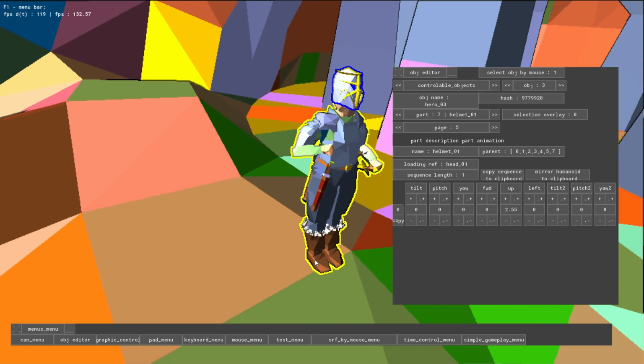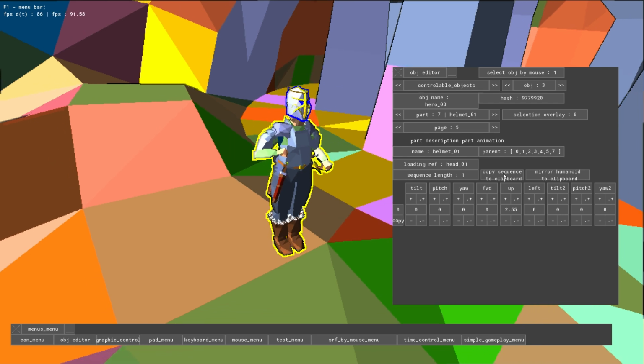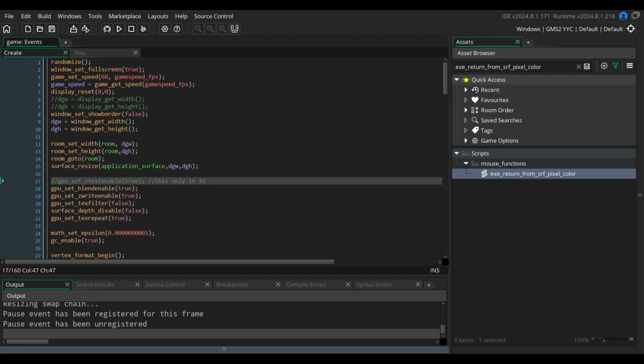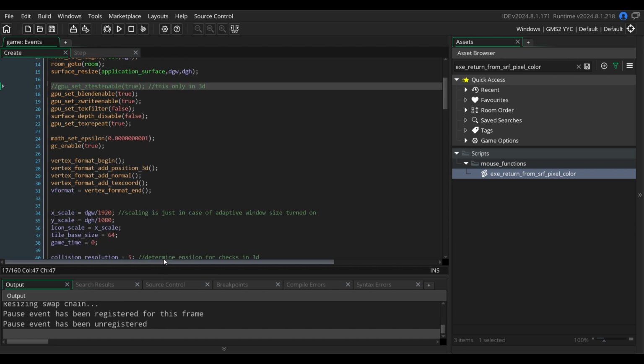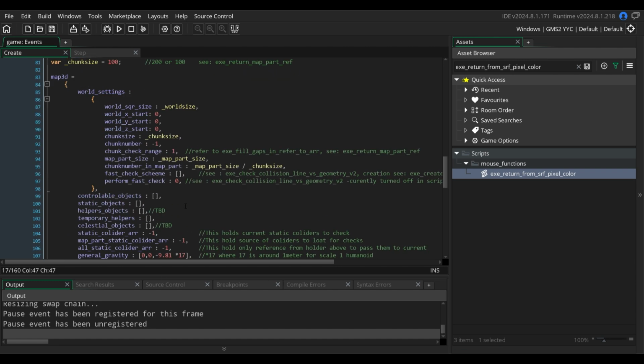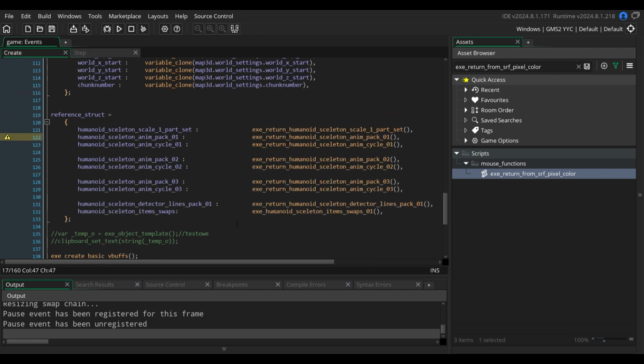So you can do whatever. Pause and then copy sequence to clipboard. I'm gonna copy this sequence in the format I'm about to show as pose. So let's go to that. So the pose we have just copied is in this format. Obviously it is not very useful for now. So it is not very useful here, but let's say we go to the